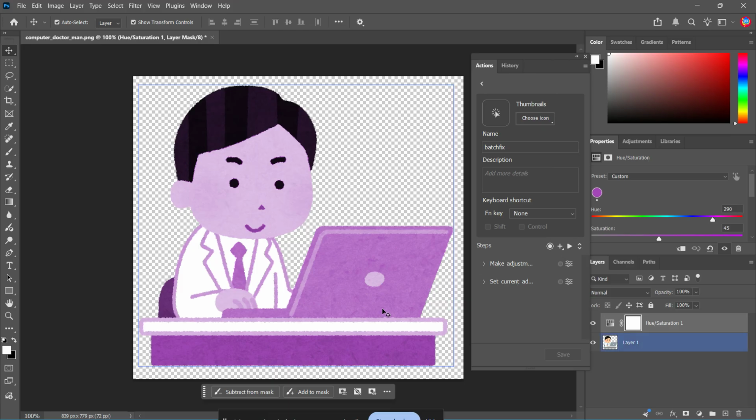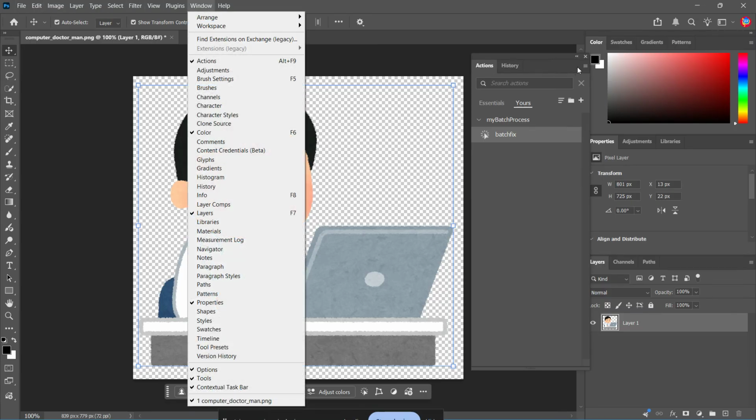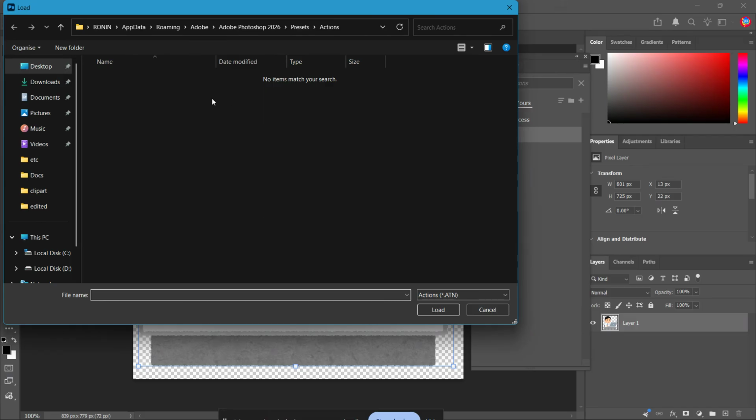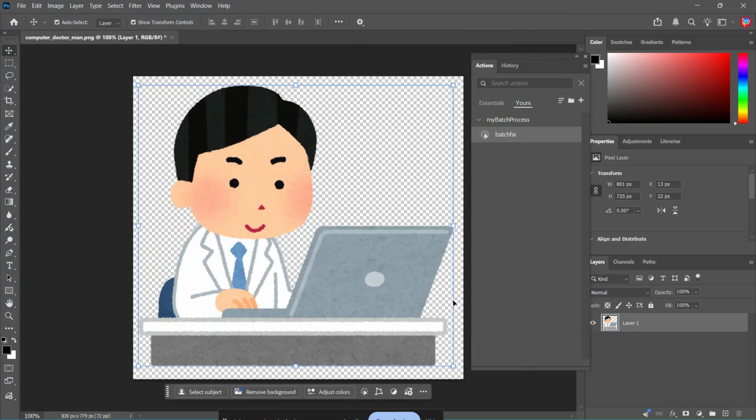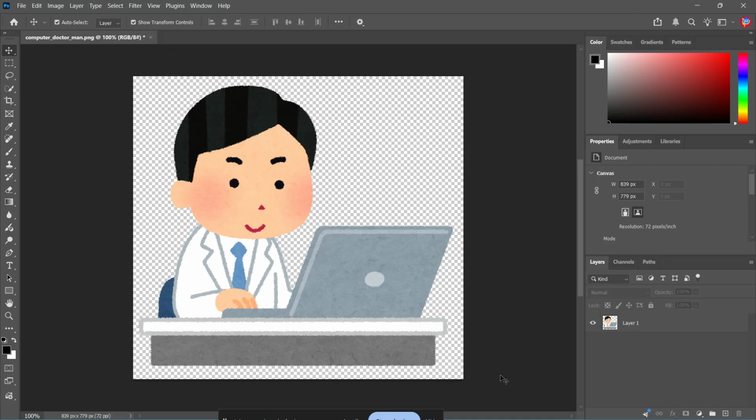If you installed more than one action, you can repeat the same process for each .atn file. Just go back to the panel menu, choose Load Actions again, and import the next file. This makes it easy to build a full library of creative effects, workflow shortcuts, and editing presets inside Photoshop. And that's it. You've now learned how to install Photoshop Actions and use them in your projects. It's a simple process once you know where to look, and it can save you a huge amount of time